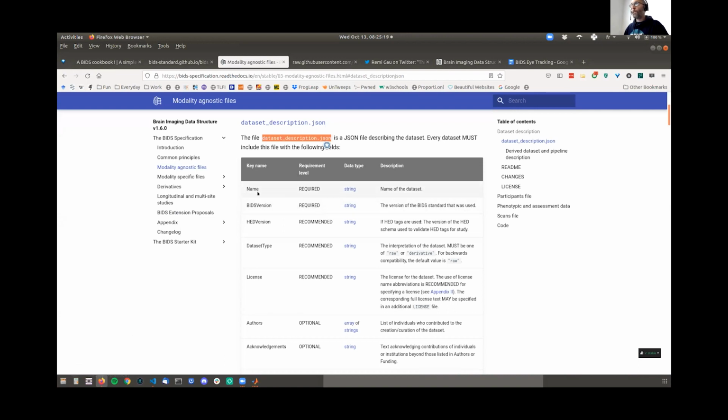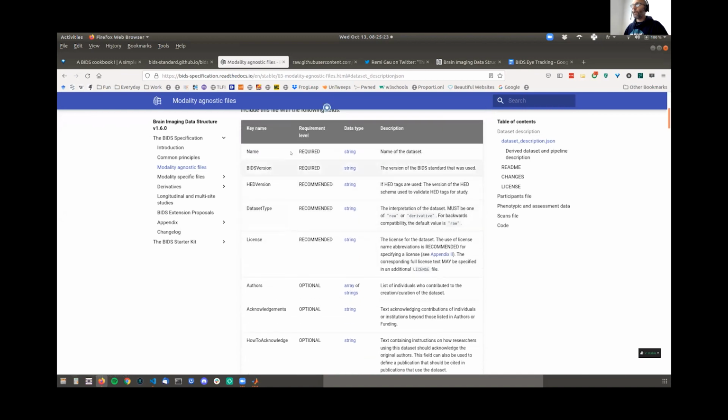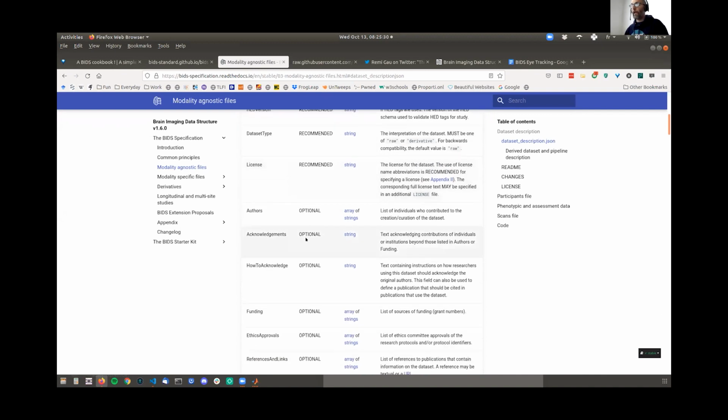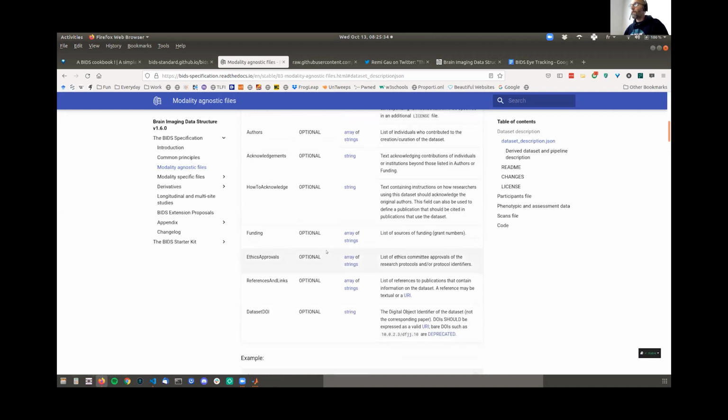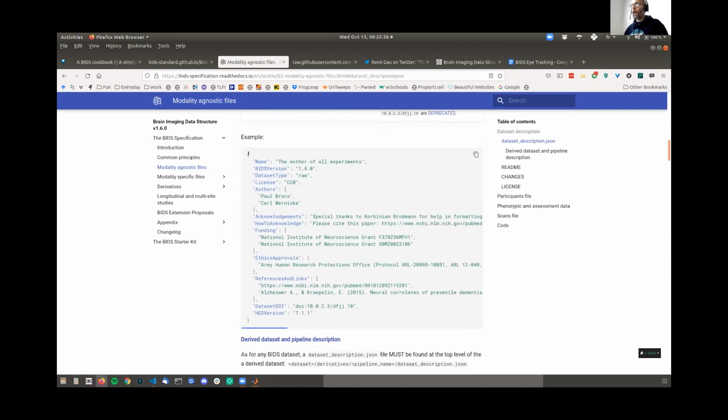What information you're supposed to put in there is explained in this table, saying that these fields are required, and all the others you can put, but it's just recommended. All the others are optional. One way you can create them is by grabbing the content of one of those examples from the specification here.